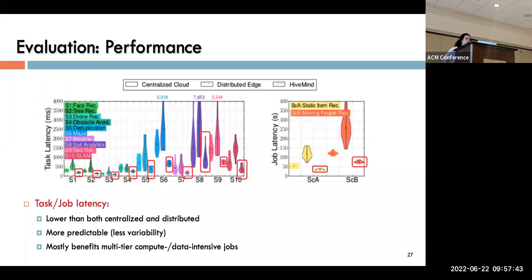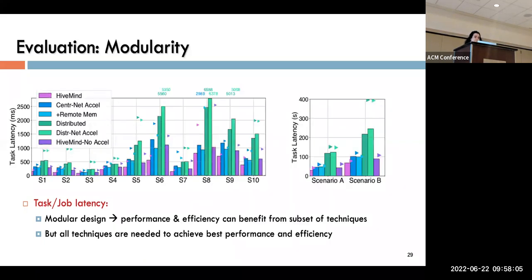And two things to note here are that first, performance is better. That's not surprising because we're careful about how to partition the work across cloud and edge, but also performance is more predictable. And that is where hardware acceleration helps a lot because it reduces the amount of queuing and the amount of jitter in performance in network communication and data movement. And that also translates to the results for power consumption and network bandwidth usage.